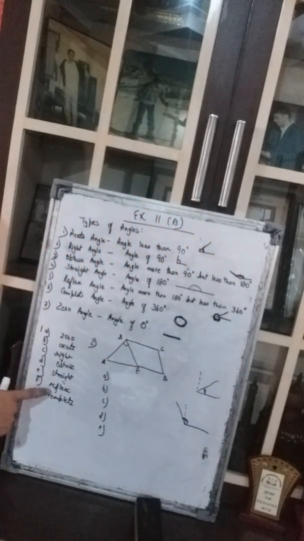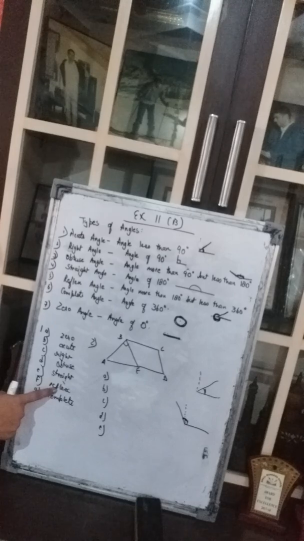Now what about this angle? This whole angle is more than 180 degree. See, if it would have been 180 degree, it would have ended here. But it is more than 180 degree. So which angle is it? It is reflex angle. So F part is reflex angle. And the last one, this complete circle. Complete circle means 360 degree. That means it is a complete angle. Got it? So you will mention these angles here only in the book. No need of doing it in the copy.